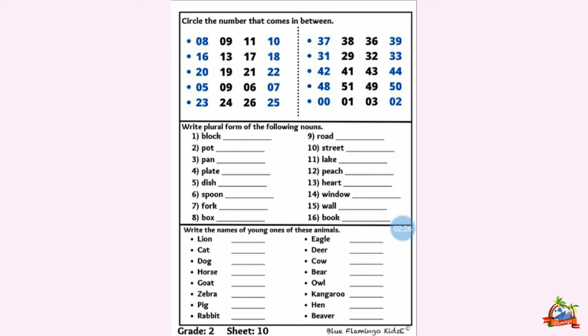So, in this way you have to circle. Okay, you have to circle those numbers which come in between. दिए हुए जो numbers हैं, इनके बीच में जो number आता है, हमें उन पे circle करना है. As you can see in the picture. Okay, so what you have to do in this, you have to circle the number जो दो numbers के बीच में आता है. Okay,